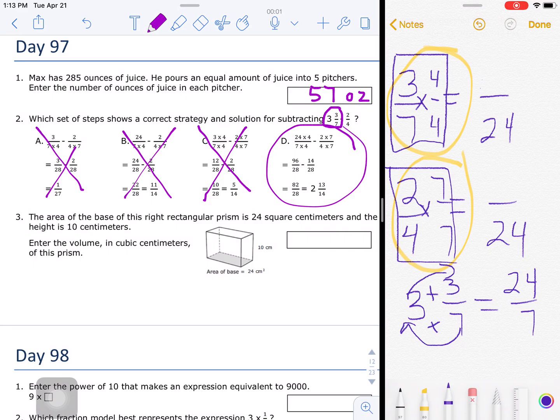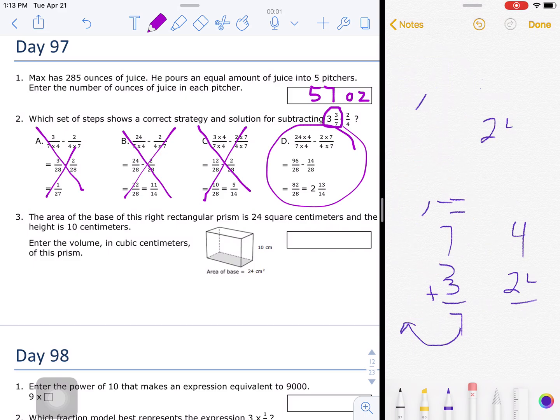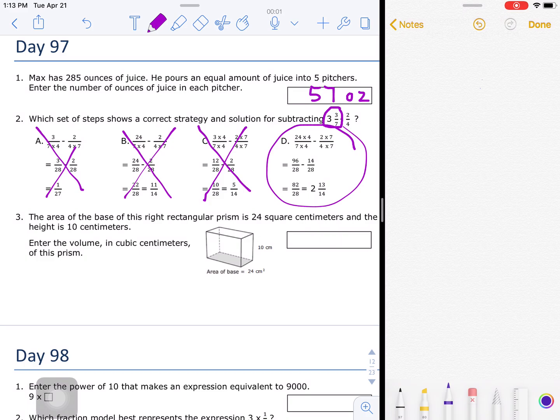Okay, let's go ahead and examine problem number 3. The area of the base of this right rectangular prism is 24 square centimeters, and the height is 10 centimeters. We're told to enter the volume in cubic centimeters of this prism. So remember, we talked about this a few lessons ago, that volume is three-dimensional. So I know that area is two-dimensional,